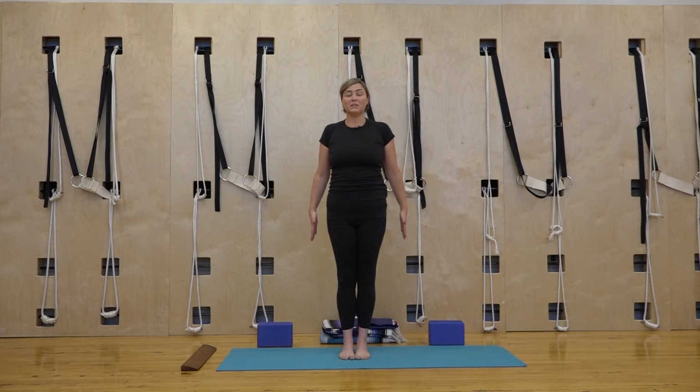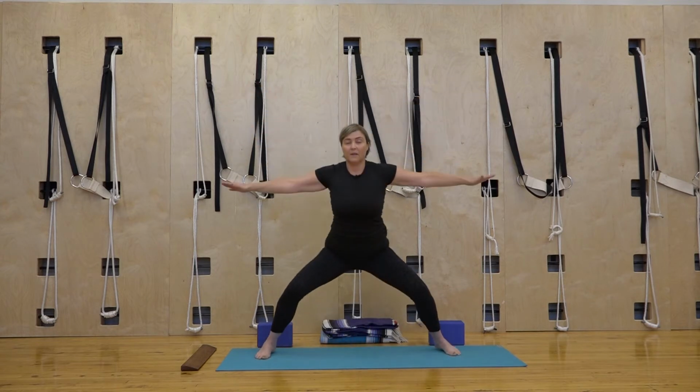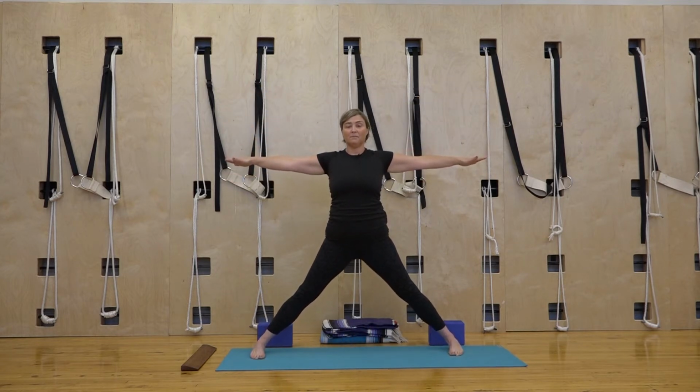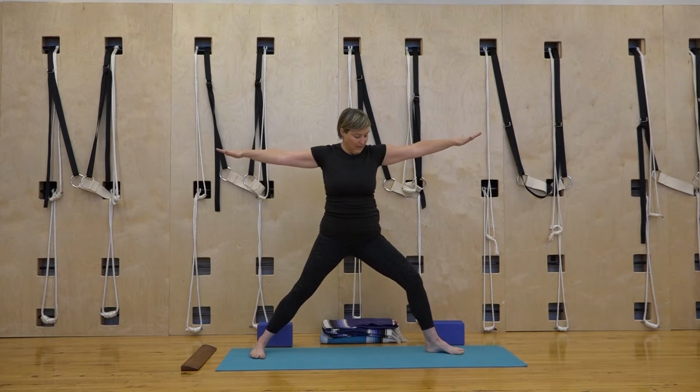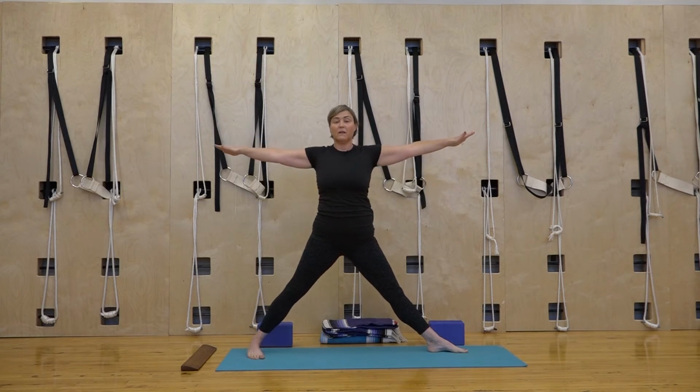Next, we'll review Utthita Trikonasana, or extended triangle pose. So you'll have your blocks at the ready. We'll start in Tadasana. Inhale the fingertips up and step or hop the arms and legs wide apart. We'll turn the right leg and foot out all the way from the top of the thigh. We'll turn that leg out and we'll turn the left foot in slightly. The pelvis is open and the pelvis is towards the front of the room as you turn the right leg